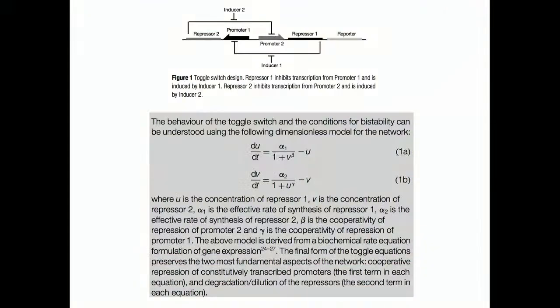And for a bistable system, how many steady states do you need? 2, 3, 4? 3. Why 3? There has to be an unstable state in between, right? Between every two stable states, there has to be an unstable state. So clearly, if beta and gamma are both 1, you will not get bistability. You will not have this mutual exclusion being drawn. U and V will coexist at some values. So clearly, if you have a circuit, that doesn't mean that every single value will give you those outputs. So this is the analysis that they had done.